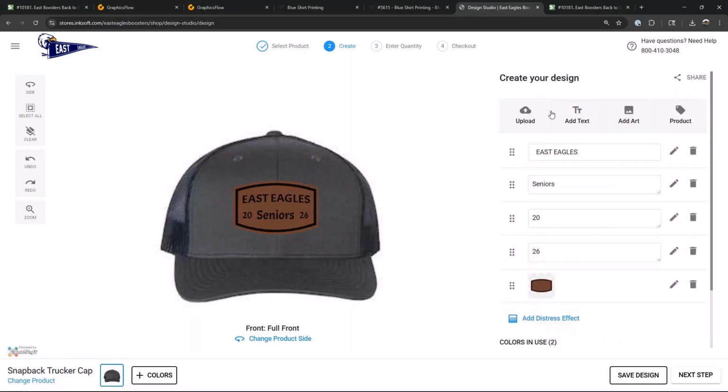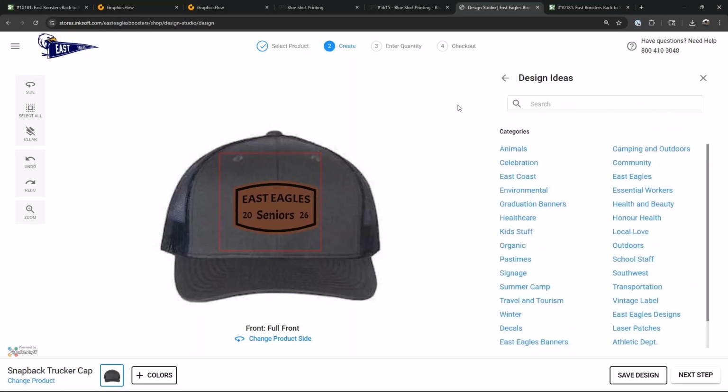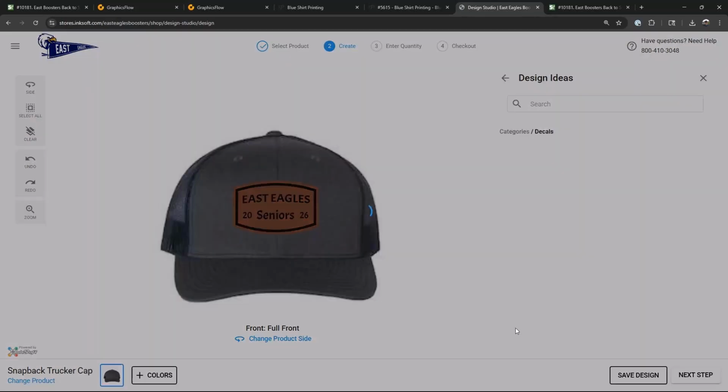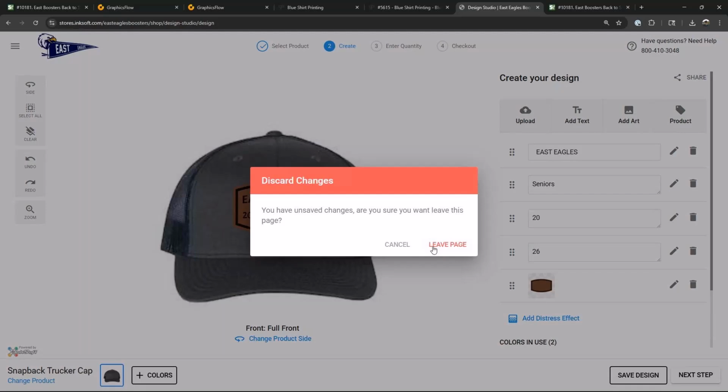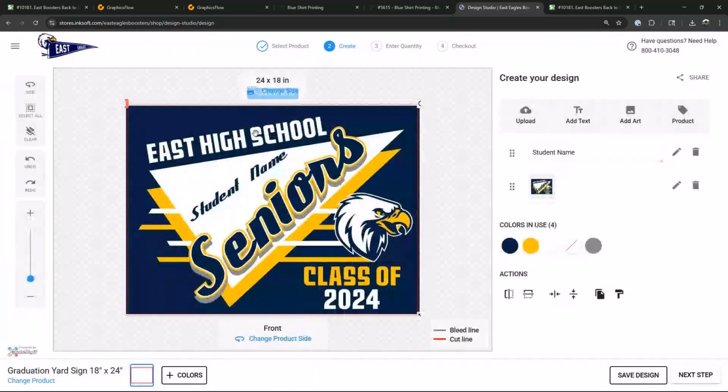If I went over here and just said, add art, and I went over to my design ideas, I could have a category of templates. I think I have a decal category in here. Yeah, I do. There's some ideas. Signage templates. These are sign design templates. Same thing. I created the background layer in GraphicsFlow. The key to doing this, if you're going to do one of these editable sign templates in your sizes, you